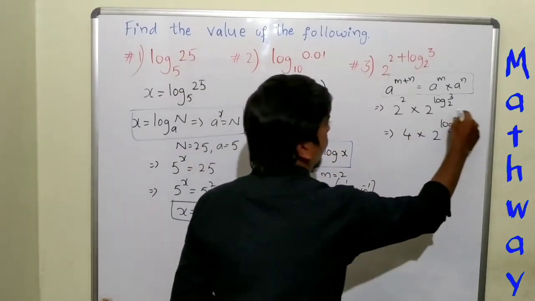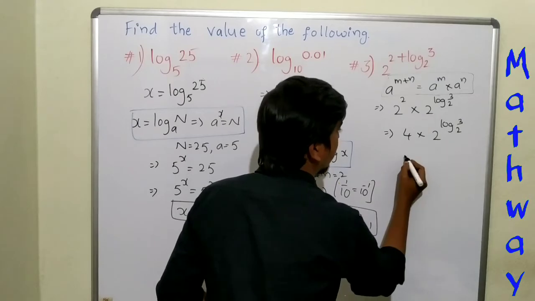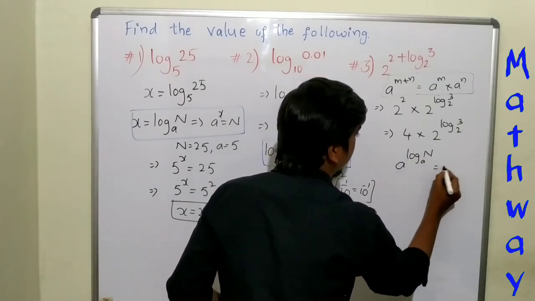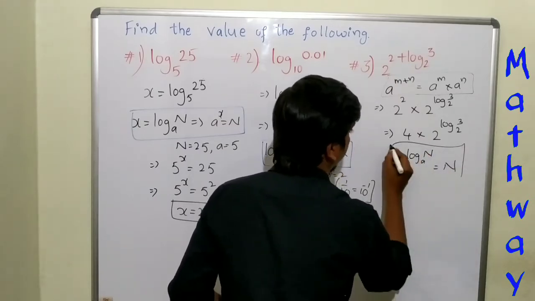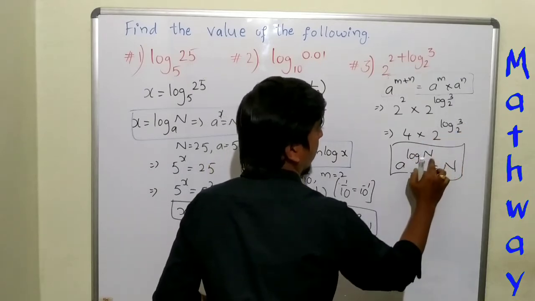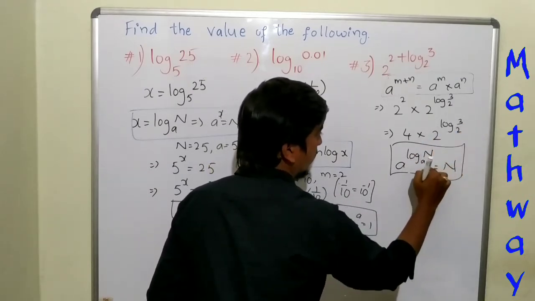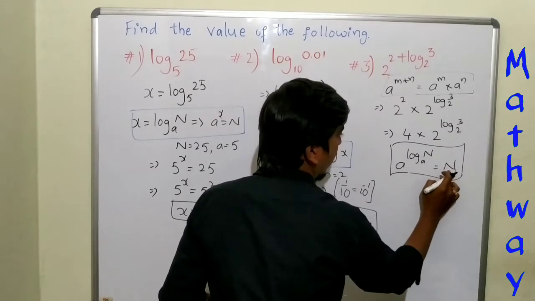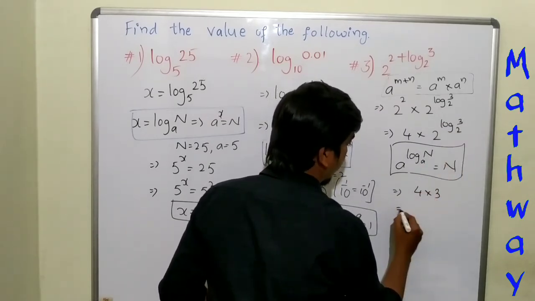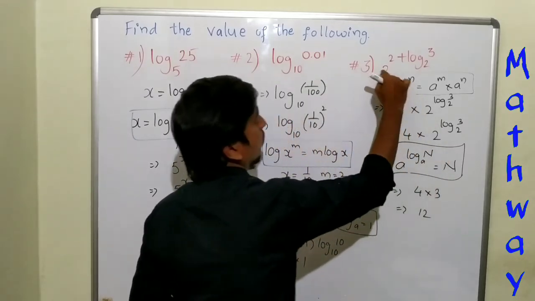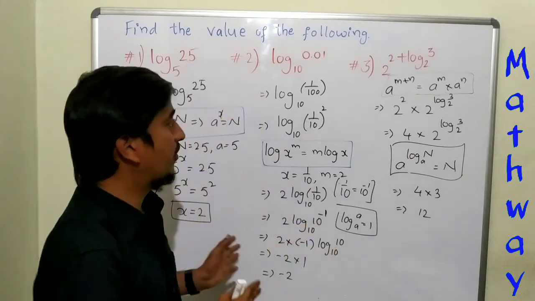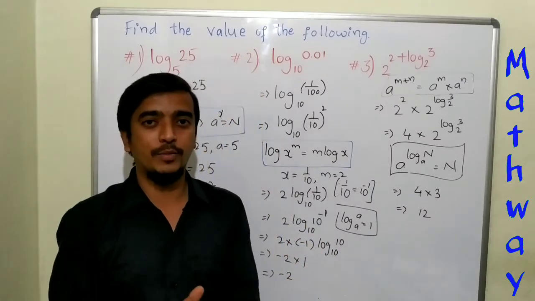So here we can use one formula, the last formula which we have written previously, that is a power log n base a, that is n. So both are similar. If a is 2, log 3, 3 is there in the place of n and the base is 2. So finally this value we got as n. N is here 3. So it is 4 into 3. 4 3 is 12. So value of 2 power 2 plus log 3 base 2 is 12. So this is the way to use the formulas to solve the problems.